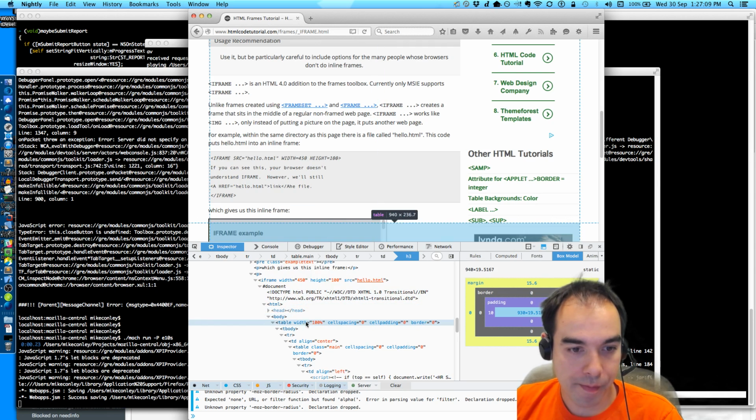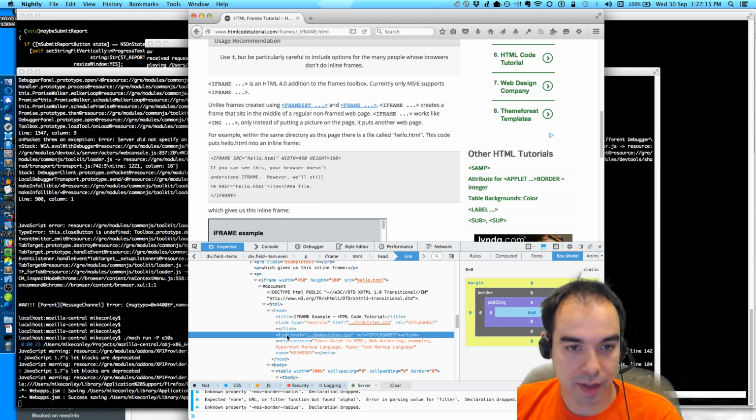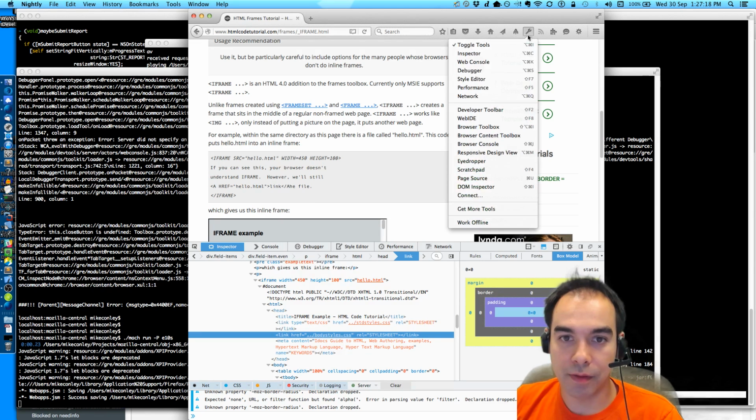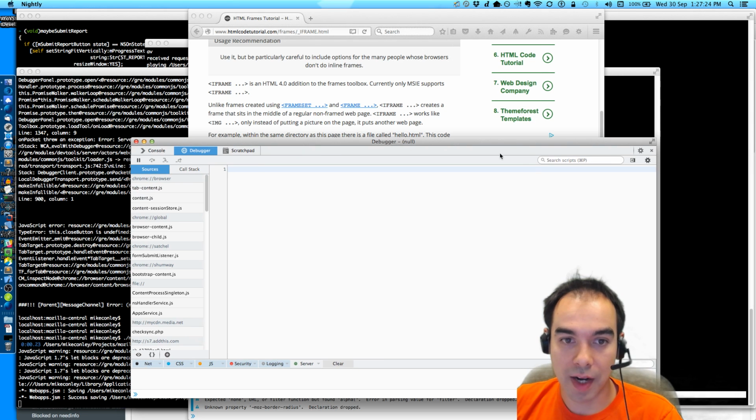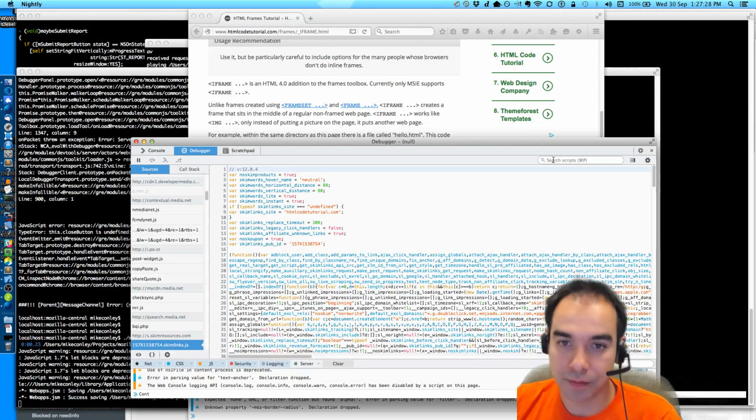Here it is. So I'm going to remove one of these style sheets. Or I'm going to change the style sheet and see if that causes DOM link changed to be fired. Content link handler.